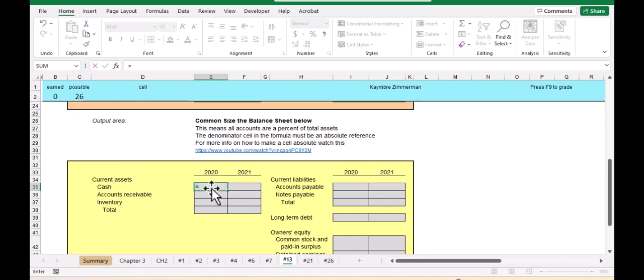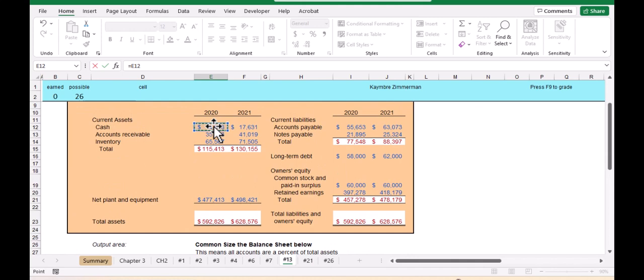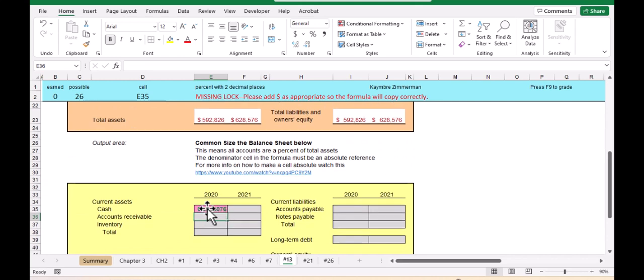So here it says equals cash divided by total assets. That's what common size means, that this is a percentage of total assets. Now it's all red. One reason is it should be percent with 2 decimal places. So we're going to come to percent, change it to, I'm in the wrong cell, put that on that cell, percent, decimal places. Okay. Hit